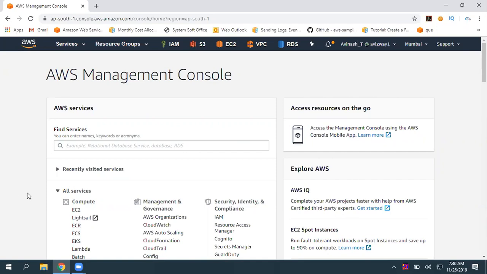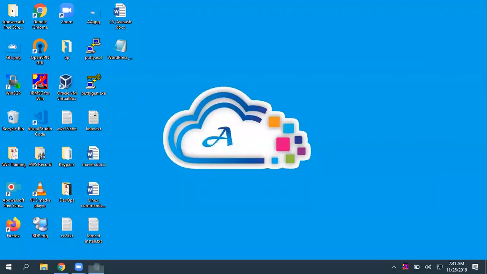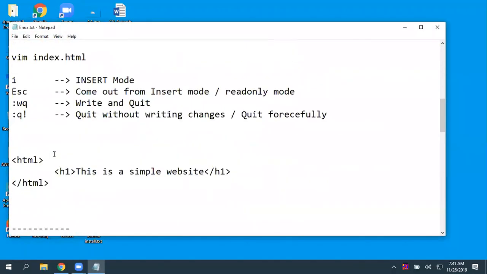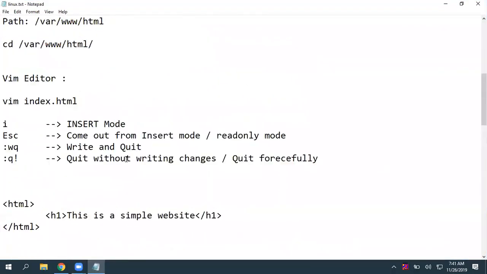I'm going to demonstrate this feature with Windows as well as Linux operating systems. If it is Windows, we use PowerShell. If it is Linux, you can initialize a bash, a simple shell script. Then you can execute whatever commands you want. The commands I used in our last session, the same commands I'm going to use, nothing new.